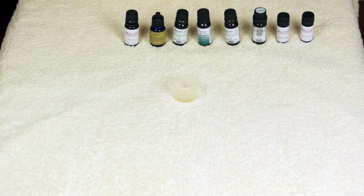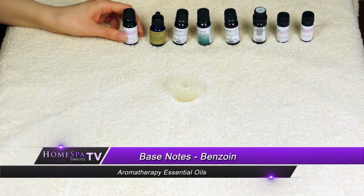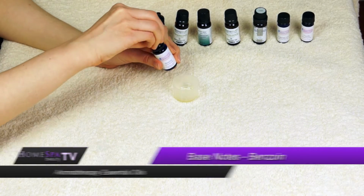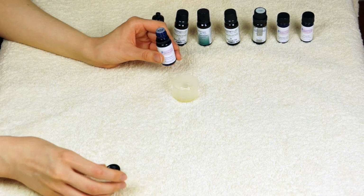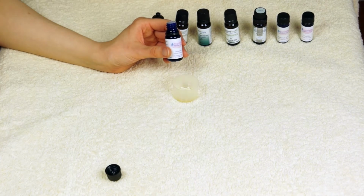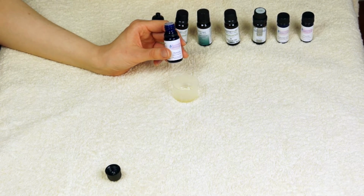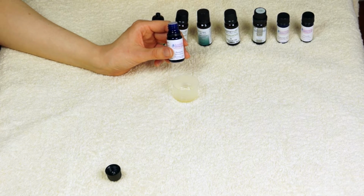Now we're on to our base notes, and the first one is benzoin. This one is quite a sweet, mild, muted scent, and it's a good circulation booster. It's another one that's good for aches and pains. It's quite a calming oil. It's also good if anyone's got any digestion problems, even if it's something as simple as indigestion, it can be